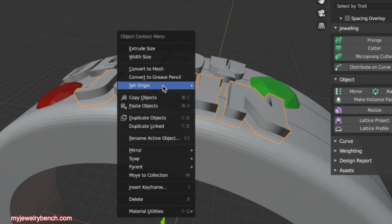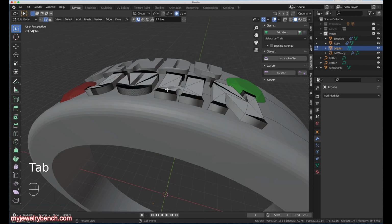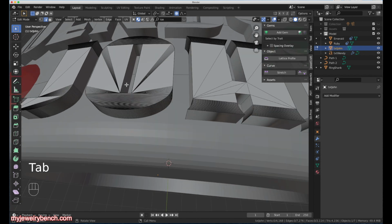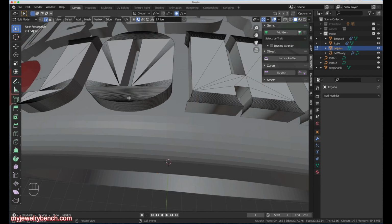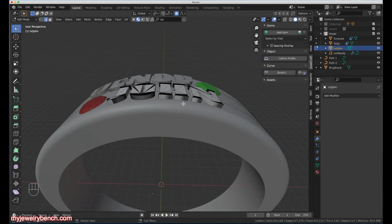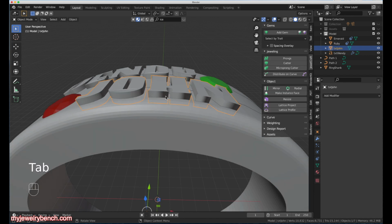I'm going to come over here to convert to a mesh, and we've converted it to a mesh. So if I hit the tab key now, instead of going to edit the text mode, you can see we've got this weird looking mesh with all these straight lines in it. This is not going to work as a cutout very well when we try to cut a name into our ring shank. So to do this, I'm going to select that, go back into object mode and use a modifier